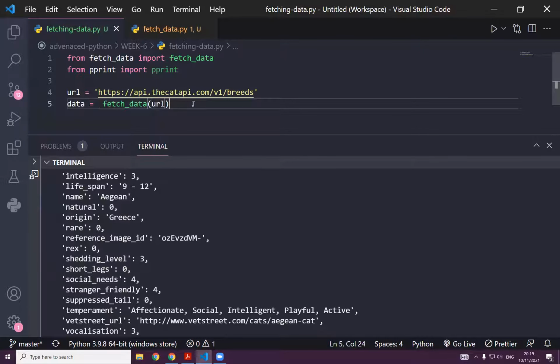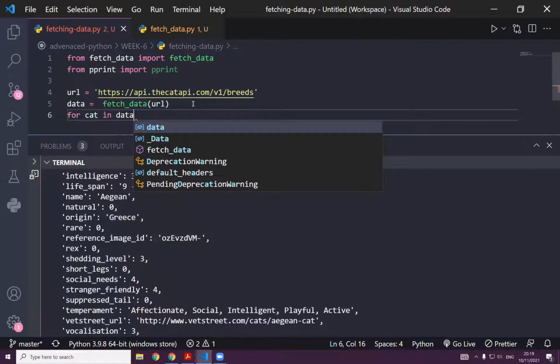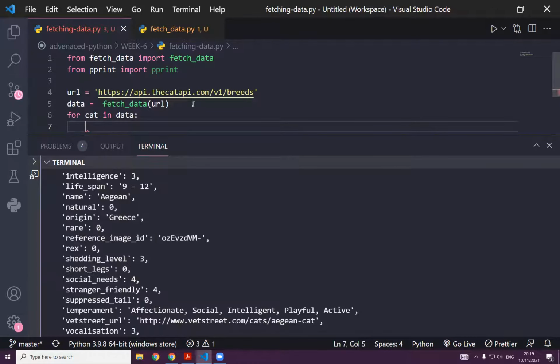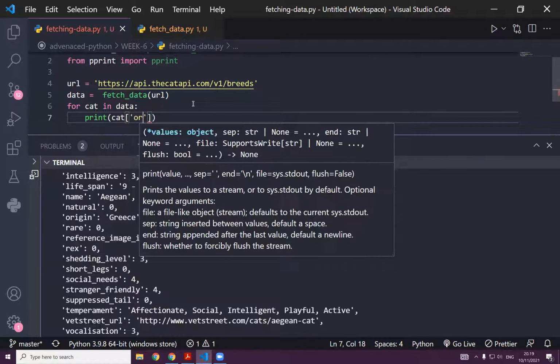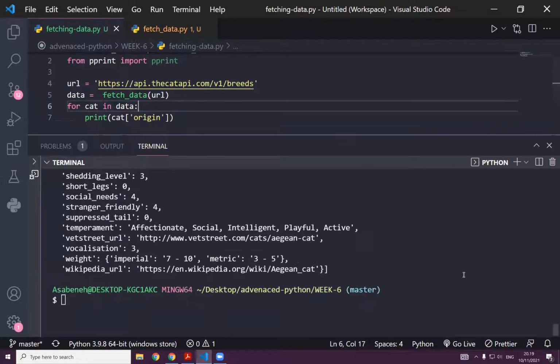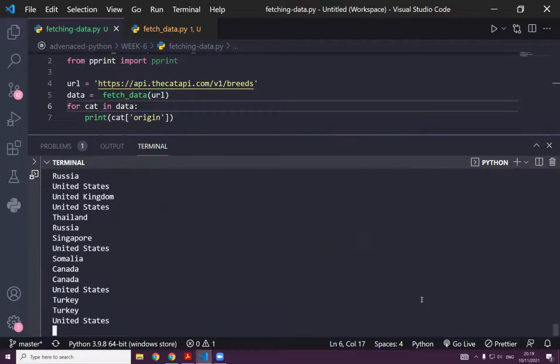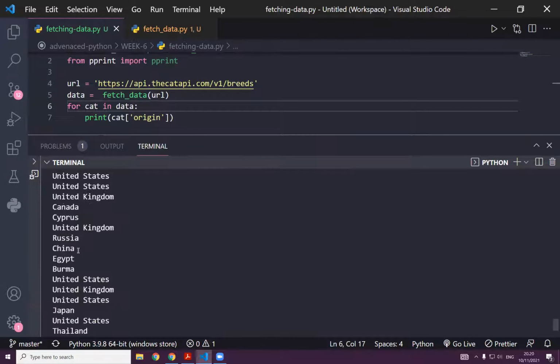And now we can just look, for instance, for cat in data. Maybe if we want to know the countries, we can say cat and then origin. So as you can see now, all the countries